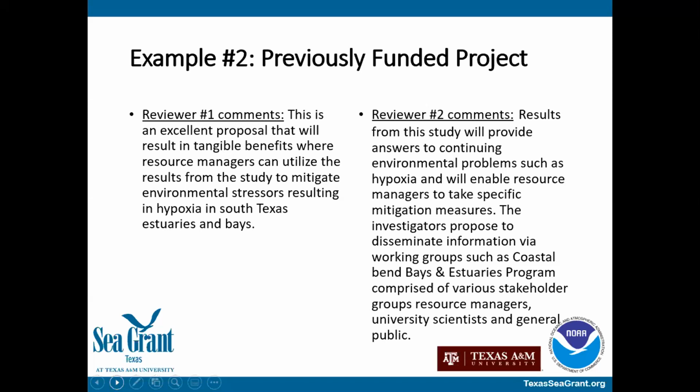So this is what we want to see from all the reviewers. We want them to read your pre-proposals and full proposals and get just as excited about your research because it does have tangible benefits. It will result in outcomes that are beneficial to Texans, to Texas communities, and it's visible and tangible and